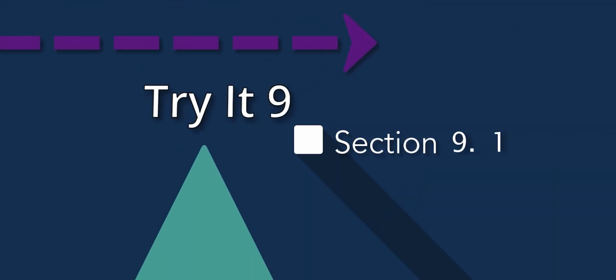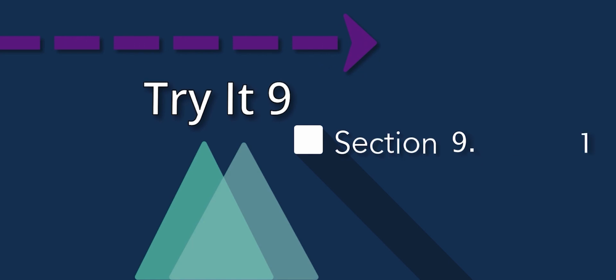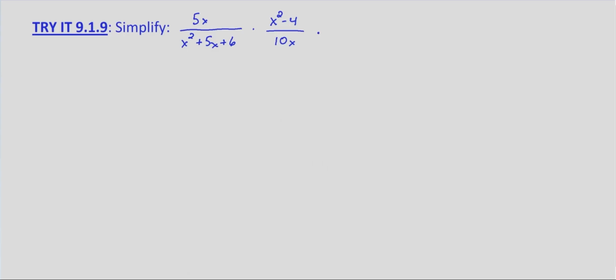So in this problem, we're looking at multiplying rational expressions. Ultimately, what it comes down to is the same thing as when we're multiplying fractions. You multiply across the top, multiply across the bottom. So you multiply numerators, and then you multiply denominators. And then you can cancel any like factors in the numerator and denominator. And how we get to those like factors is that we have to factor everything that we can in both